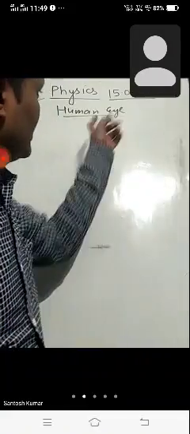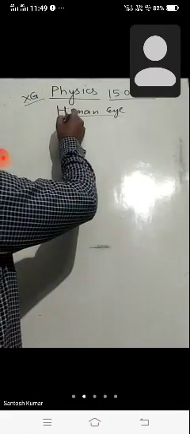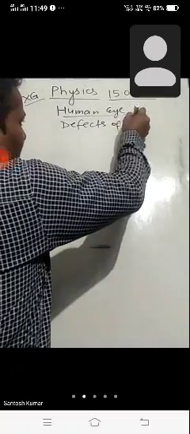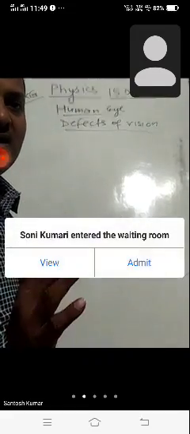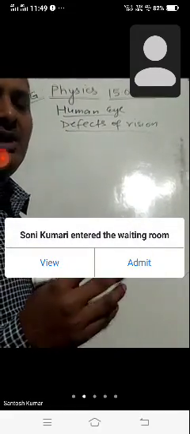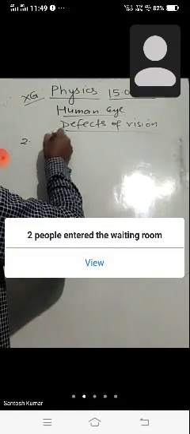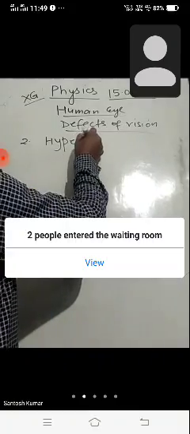Yesterday we were discussing the topic defects of vision, in which we had discussed the defect myopia, its causes, correction, and the diagram of how it can be rectified. Today the second one, that is